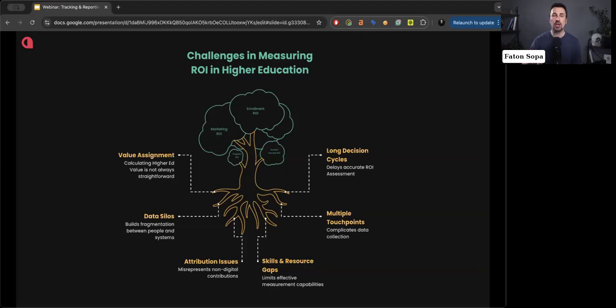Even though the majority of colleges and universities calculate ROI with enrollment-related and revenue-related metrics, some universities might go beyond that, and that might not be so straightforward. So you need to define what value you want to measure your ROI against, and then develop your systems and your metrics around those values.